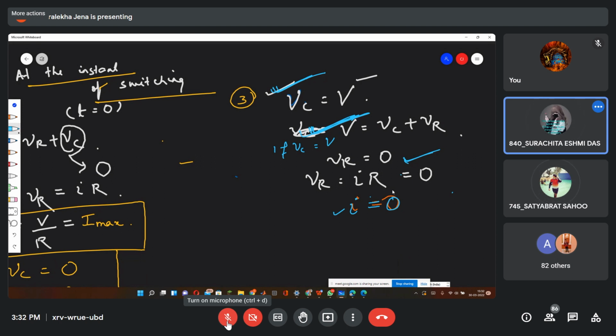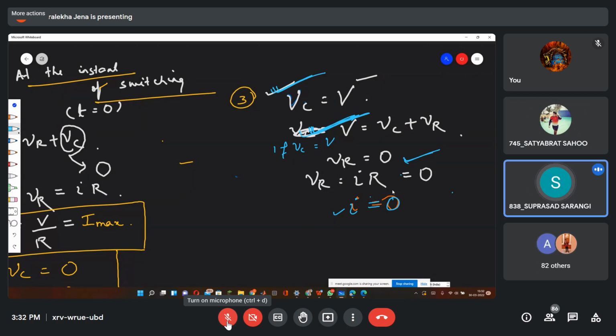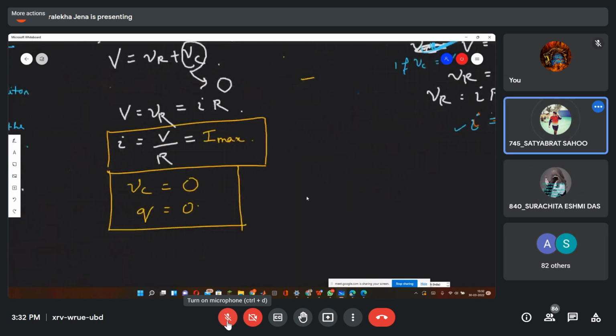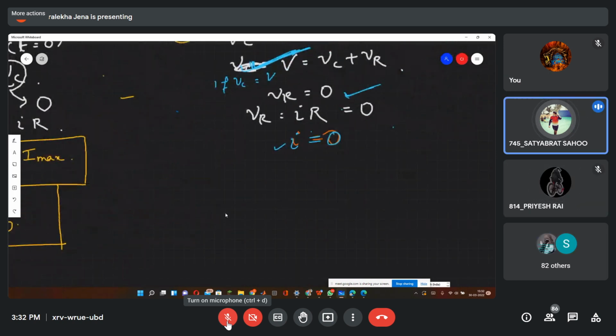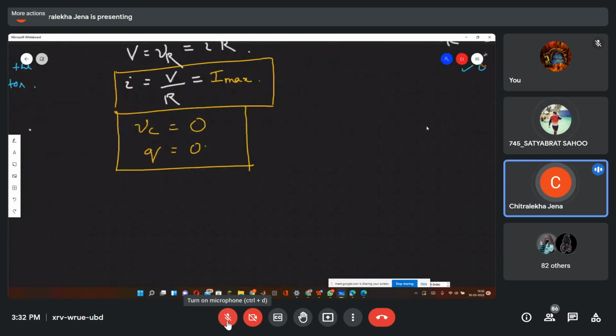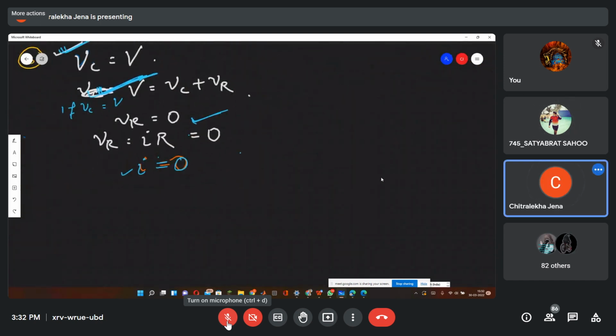Why not possible? How will current be 0? It is a closed circuit, so there will be current in between. Zero will remain? No, a minimum amount of value will remain. A long time when a switch has been closed to a capacitor, when the capacitor will